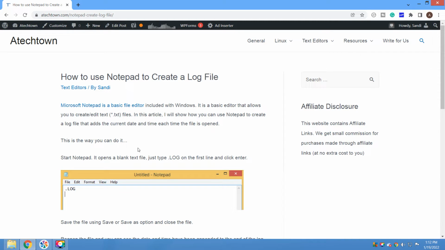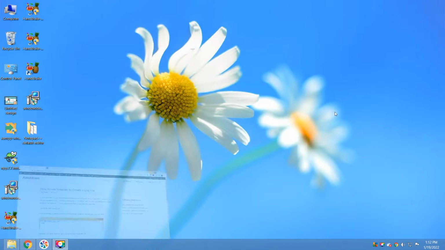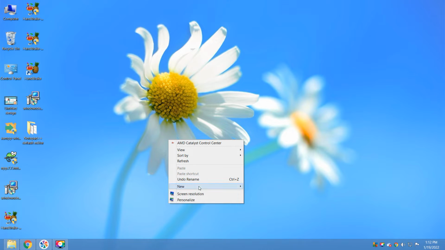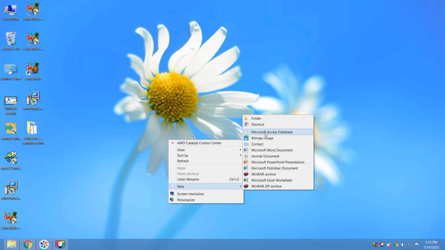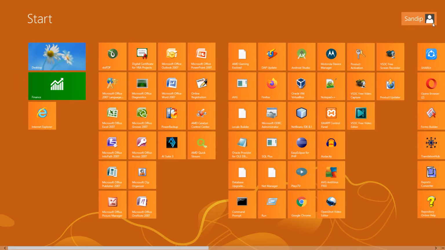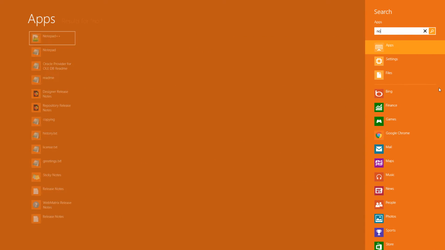So in this video I'm going to show you how you can use Notepad++ to create a log file that adds the current date and time each time the file is opened. So let me create one dummy file. Let's go ahead, create a new, let's open Notepad,